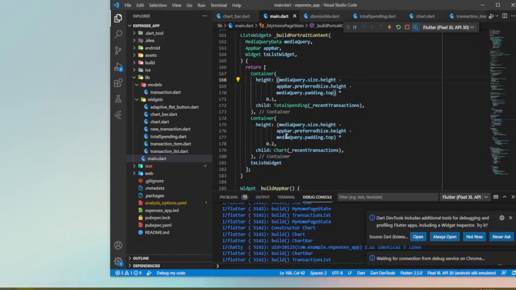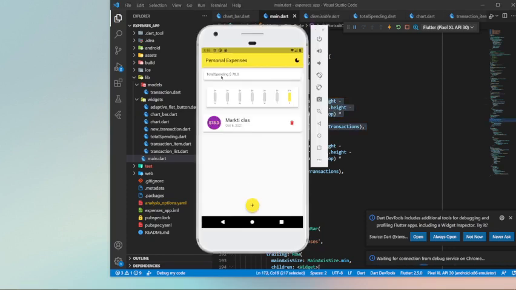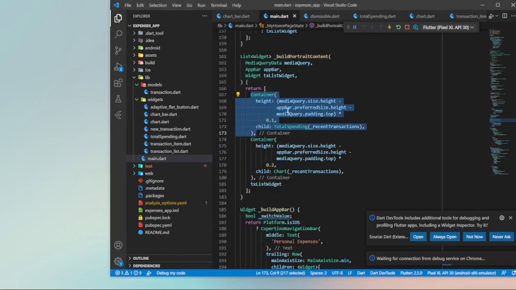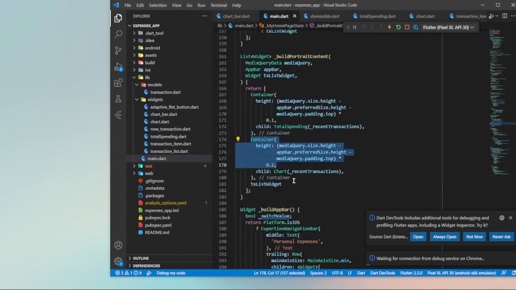So in the code, one of the big things was dynamically creating these. For example, this first container, which now shows our total spending right here, uses the height minus the app bar minus the padding, and that uses up the first tenth. And then this container, which shows our chart area right here, uses up 2/10, and then